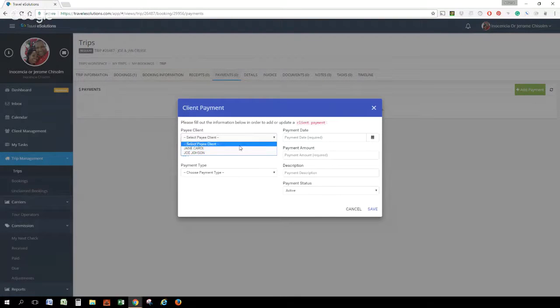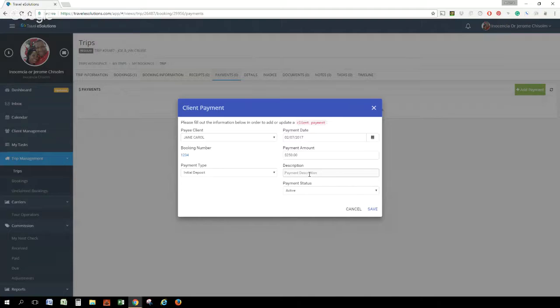What you do here is click on the payee. Usually on the top are the people that you're working with, but sometimes you can see a much longer list. For Jane, I'm going to be making an initial deposit. Let's say I'm doing it again today, and the initial deposit is usually $500 for a cabin, so it's $250 for Jane. The description, typically, what I put here, you might find it helpful for yourself, is how I paid for this particular